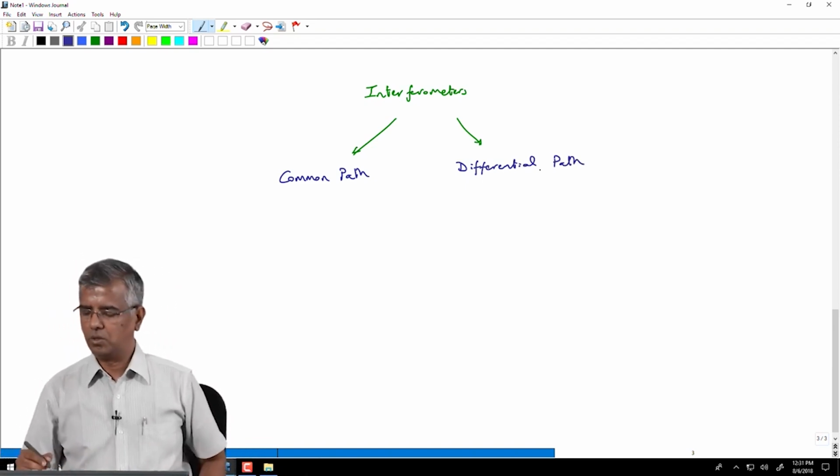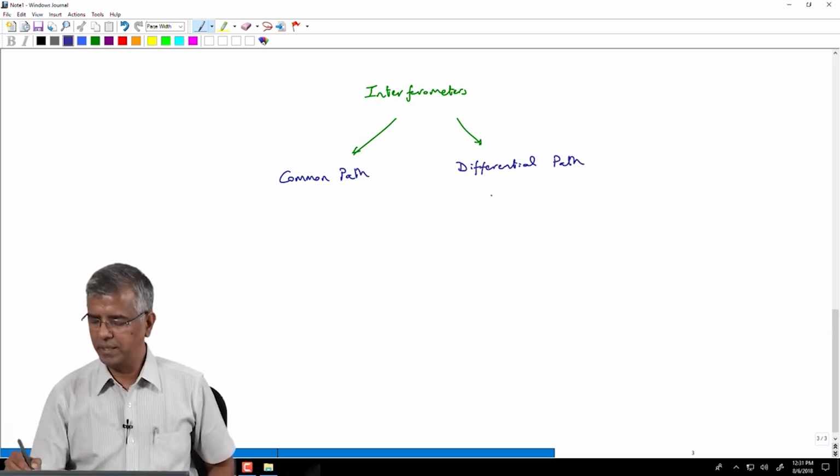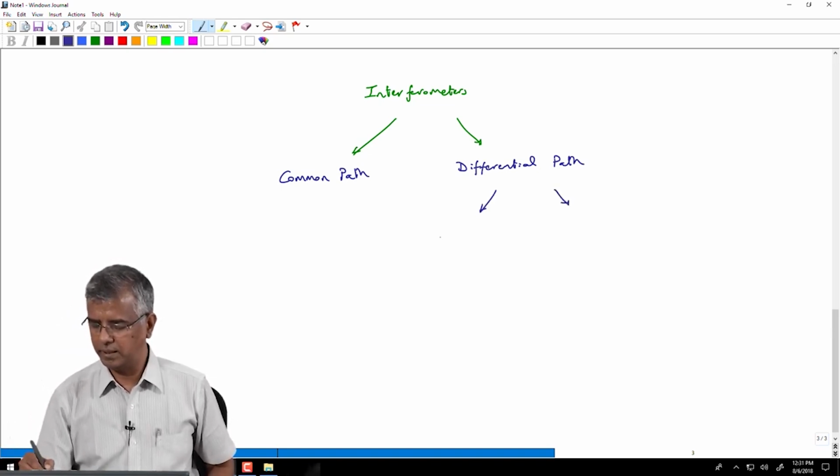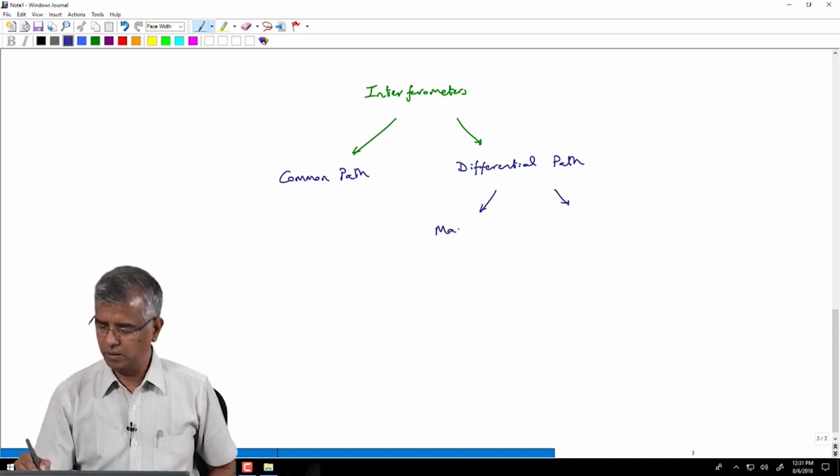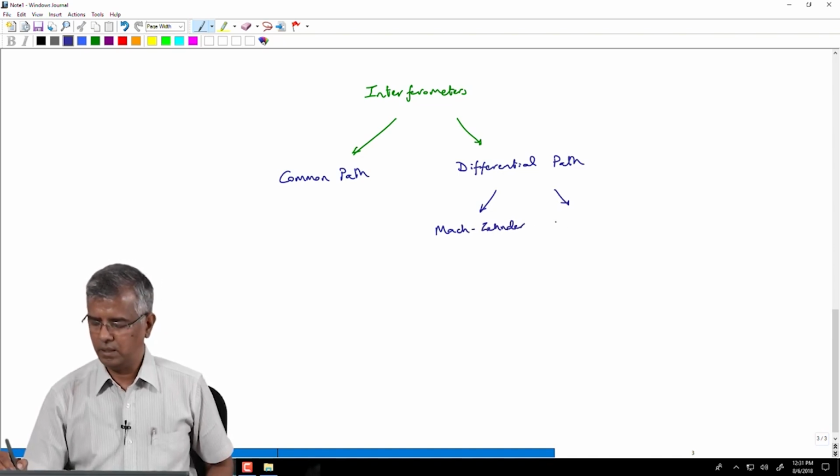Okay. So, common examples for differential path interferometers are one configuration which is called the Mach-Zehnder interferometer, another configuration which is